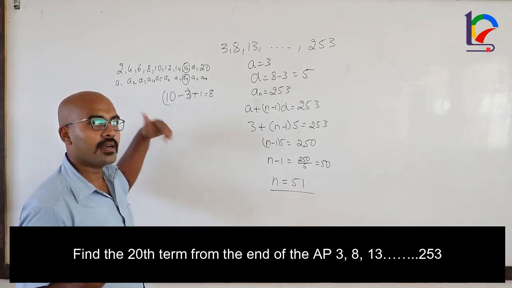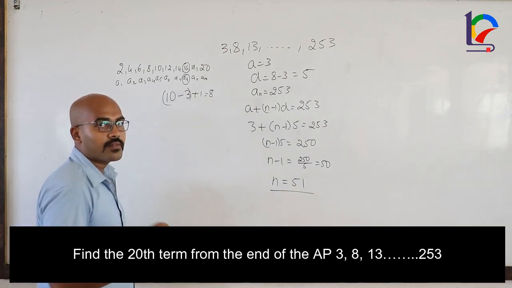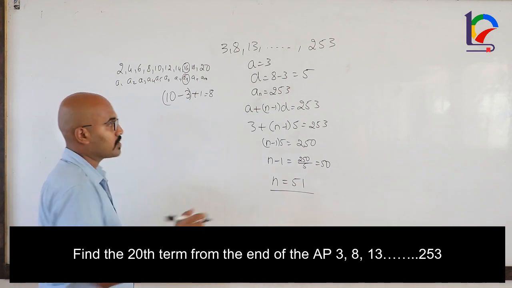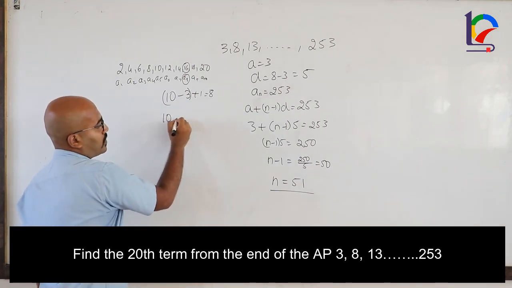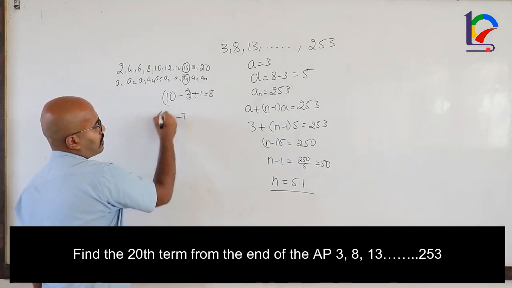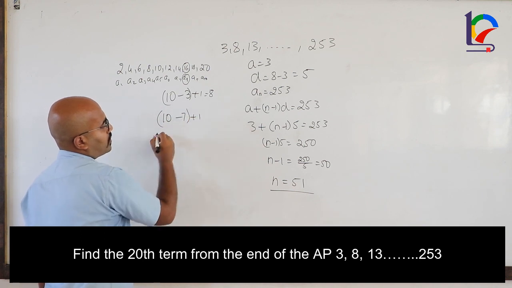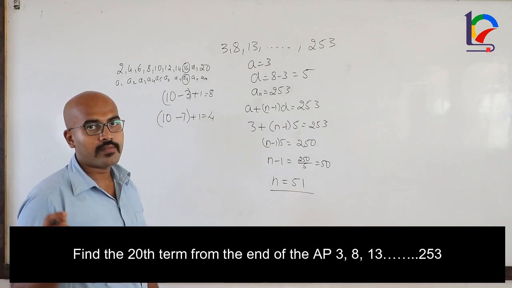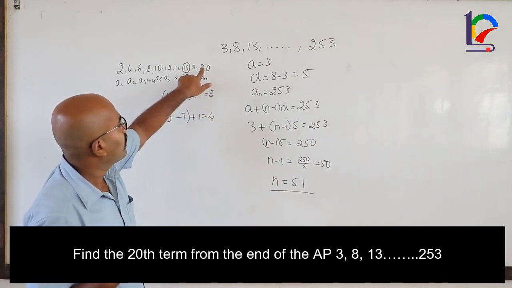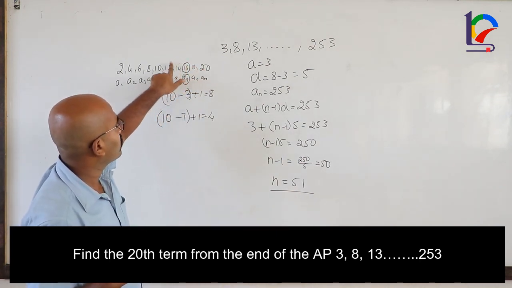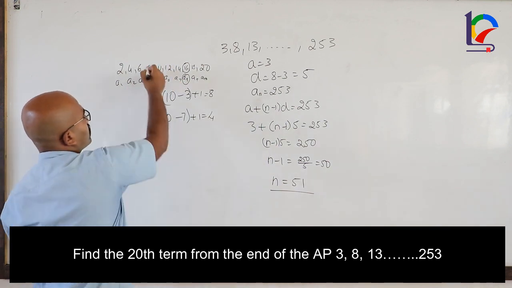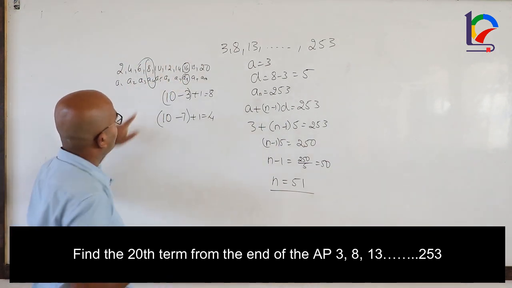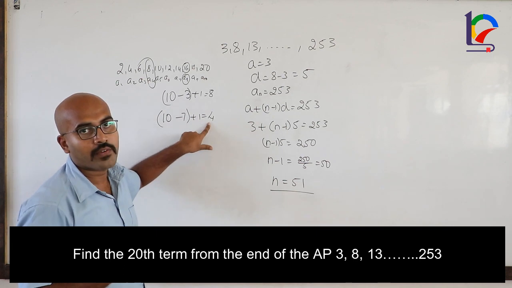So do this and we can verify. 7th term from the last, totally there are 10 terms. 7th term from the last, so subtract 7, add 1. So 10 minus 7, 3, plus 1, 4. So 7th term from the last, count. First, second, third, fourth, fifth, sixth, 7th. So this is the 7th term from the last. This is A4. We got it, 4.